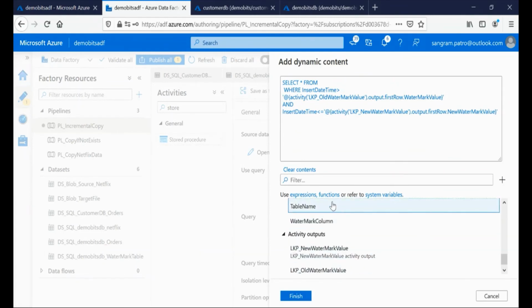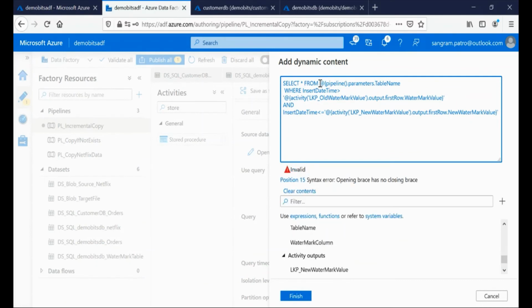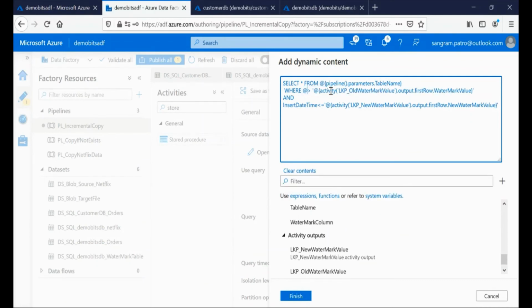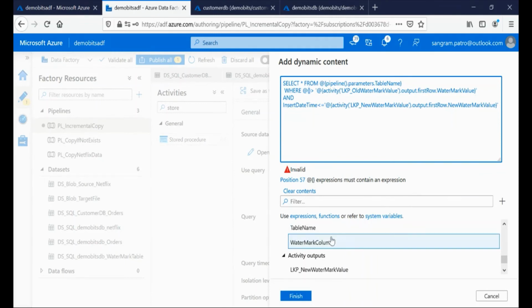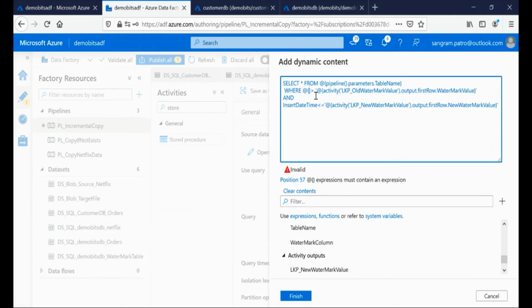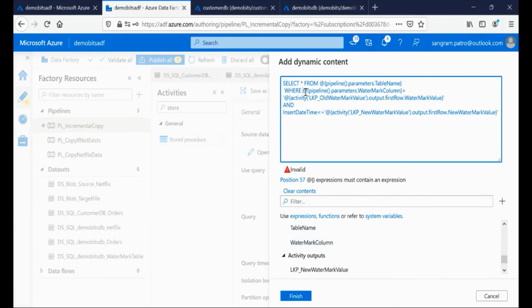That is my table name @ and then I would replace this as well. Where insert date time is greater than this value and insert date time is less than or equal to the new watermark. So this looks good to me.